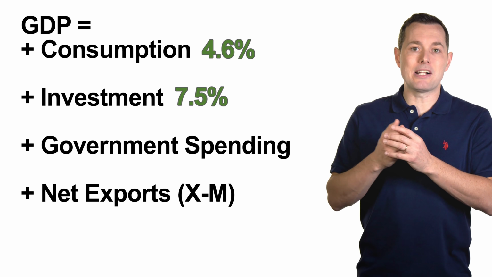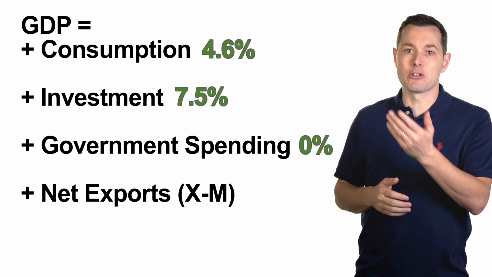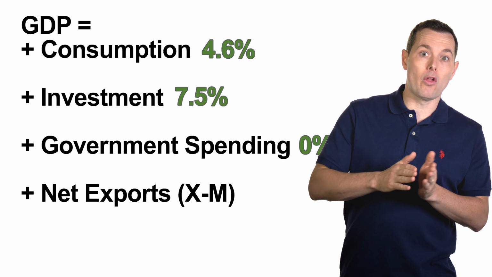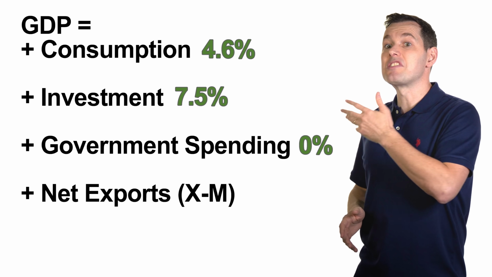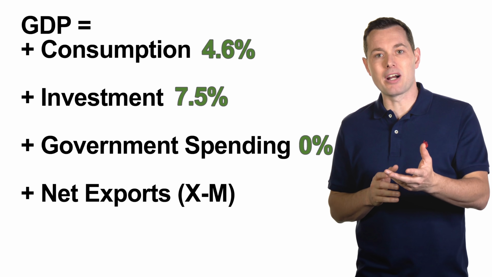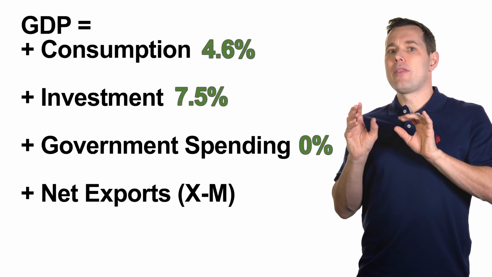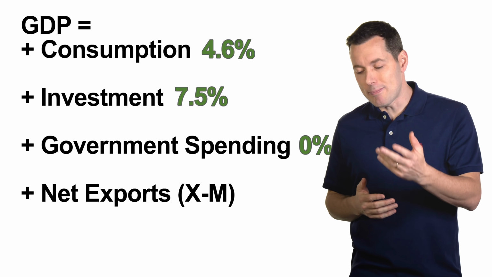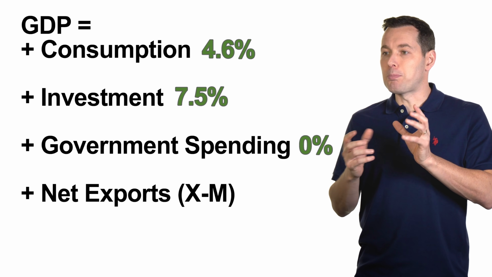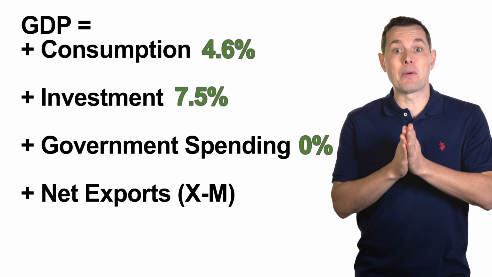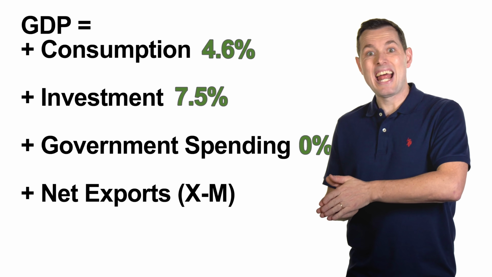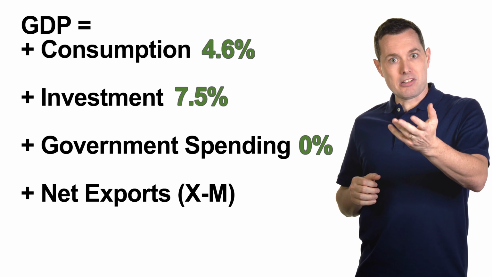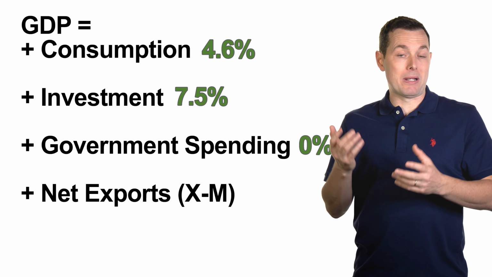Government spending is actually estimated to be flat. That came in at 0%. Of course, just like the other numbers, we have ranges from the low end all the way to the high end, but on average, we're showing 0% for government spending. And again, I do want to point out, just so we're all on the same page, that we are not saying the government won't spend anything. Obviously, that's crazy. I'm just pointing out that the projections are right now that they will spend just as much in 2021 as they did in 2020. So no additional growth. Considering what they've spent in 2020, that's a lot of spending in 2021.